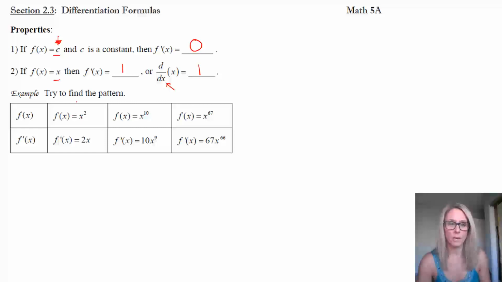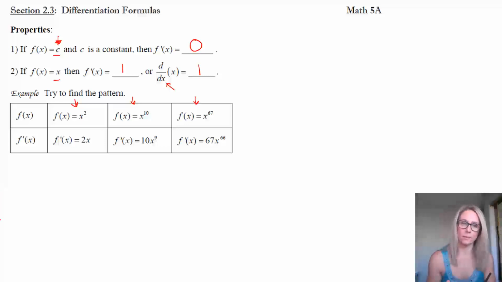So here are some examples of functions and their derivatives. If you want, you can take a moment and try to guess what the pattern is for those functions, since you know their derivatives. These are basic power functions; they've got x to a power. See if you can take a guess at what the pattern is. Once you've done that, unpause it and head to the next part.